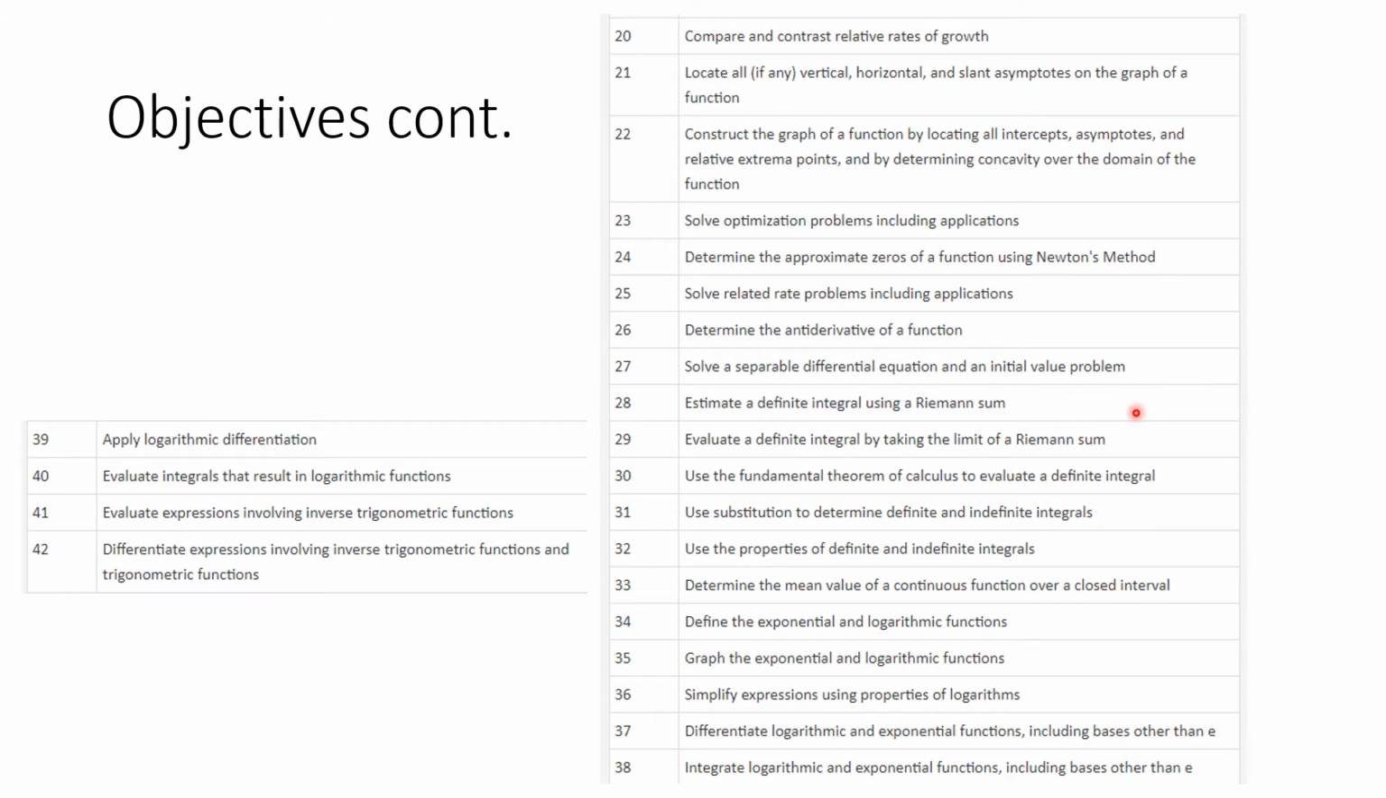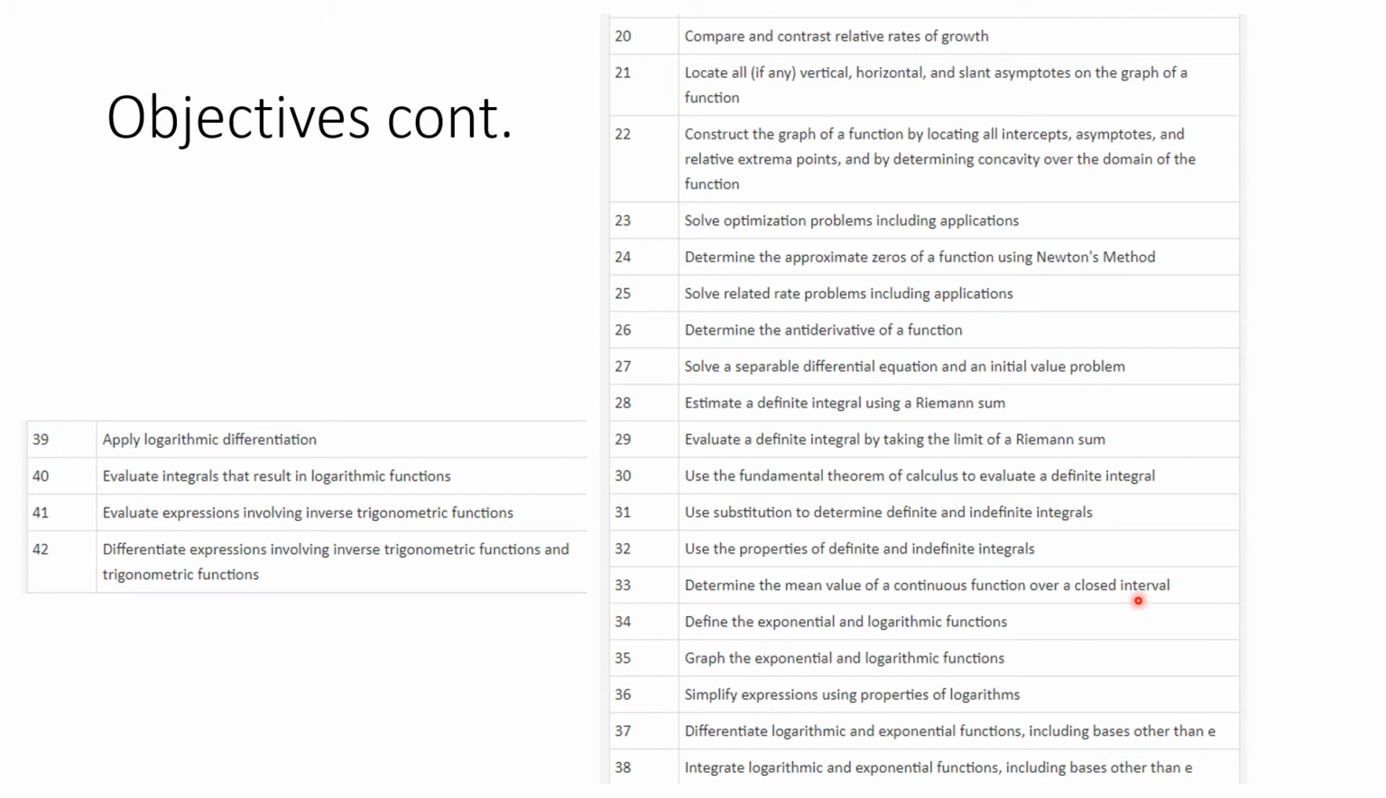We'll estimate a definite integral using a Riemann sum, and we'll define and evaluate definite integrals by taking the limit of a Riemann sum. We'll use the fundamental theorem of calculus to evaluate definite integrals and use techniques known as substitution to determine the value of definite and indefinite integrals. And we'll understand the properties of definite and indefinite integrals, and we'll determine the mean value of a continuous function